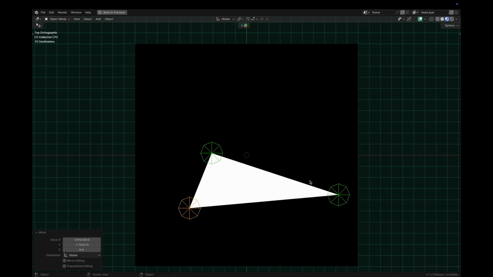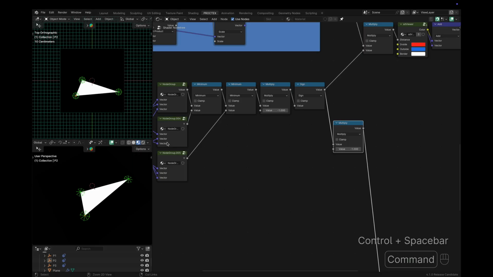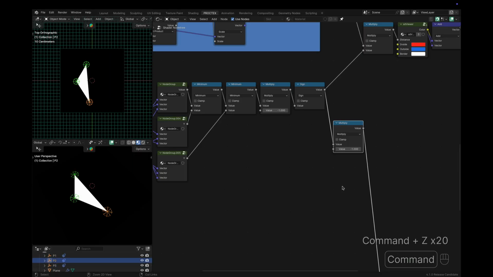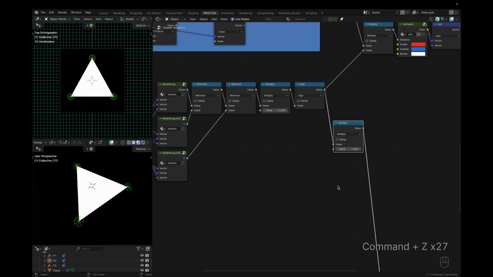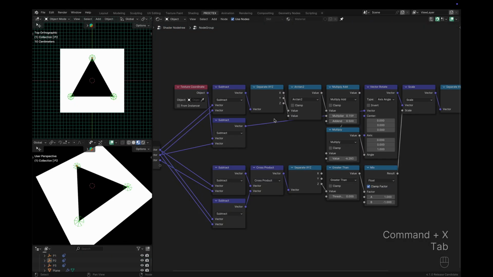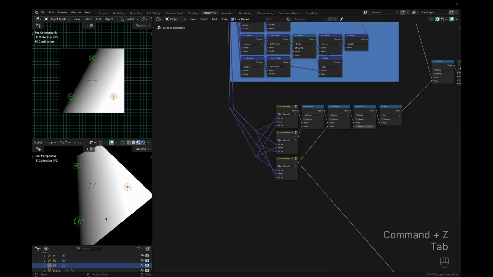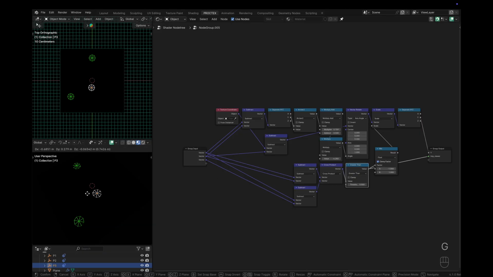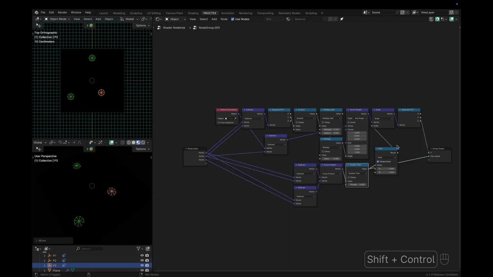I won't walk you through this solution node for node because this setup needs a lot of optimization and refinement for ease of use. But here's the idea. Our internal SDF system is made up of 3 gradients, one for each side of the triangle. But to combat the fail state I mentioned earlier, we're going to do some checks on the points in relation to one another. More specifically, we're going to look for points that cross an edge and swap certain gradients once that happens. So I did this check once for each side, and now the correct side scales by -1 when